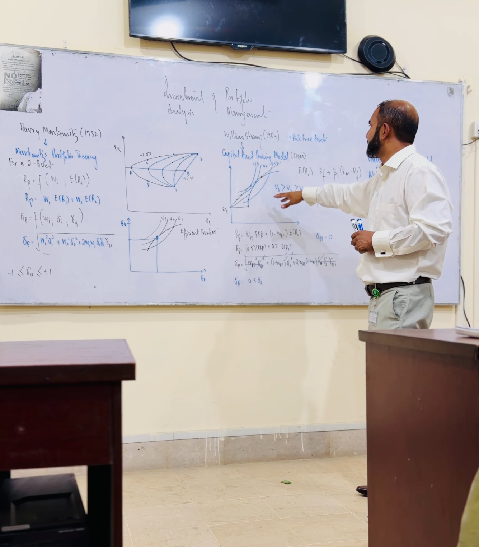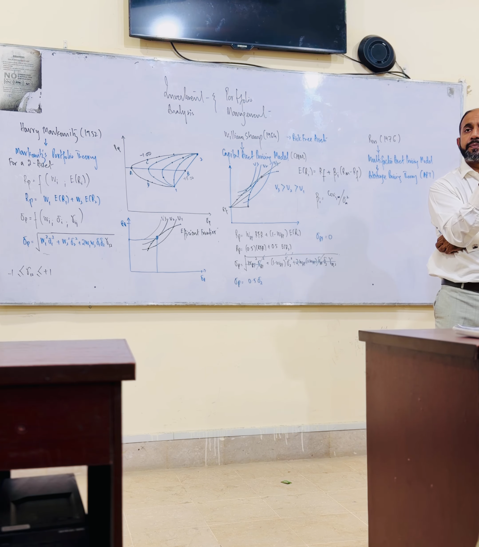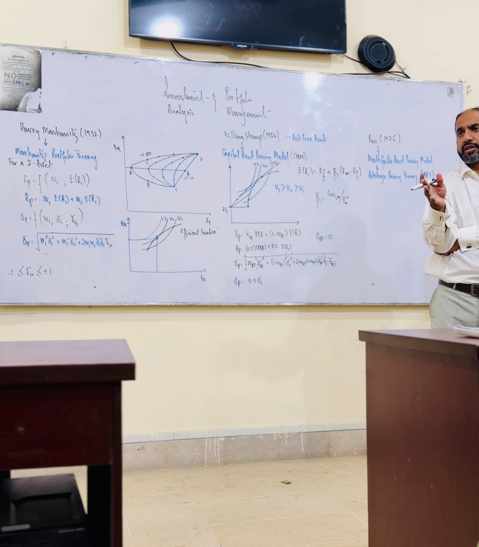According to the arbitrage pricing theory, again, the concept was all the same, but according to Ross, the company's return is not dependent upon a single factor, that is the market. Rather, it is dependent upon several factors. And we cannot compute that as a composite factor of the market. So each company has a different sensitivity towards the market factors. We came up with a generic formula where the expected return on any company is going to be equivalent to lambda naught, which was a reflection of the risk-free rate, plus